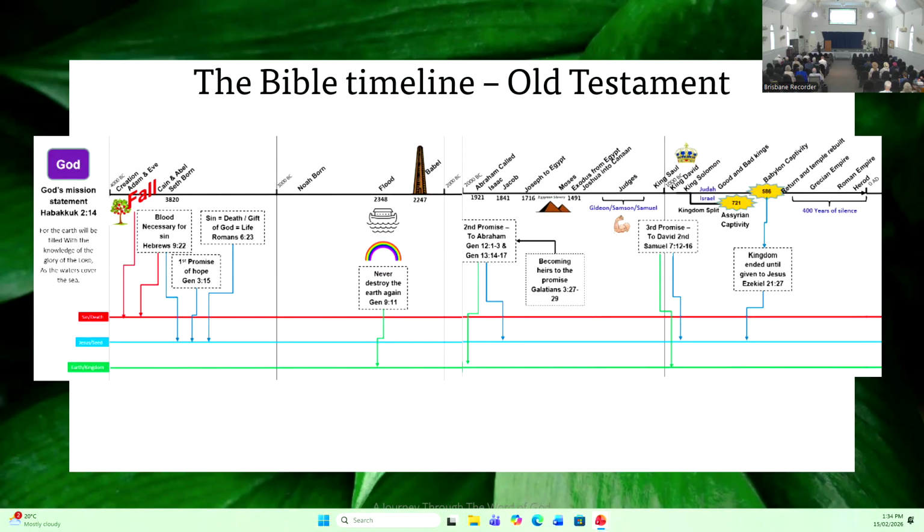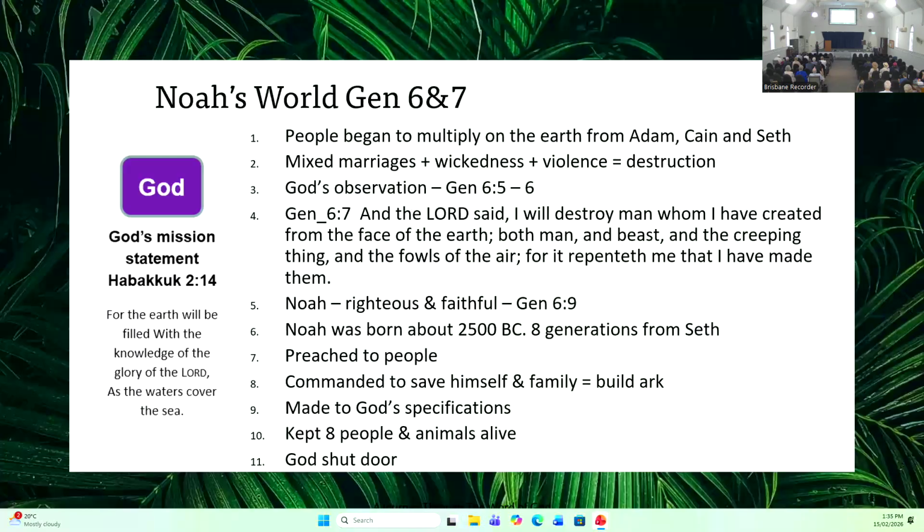So we're going to be looking roughly 1900, 2000 years. So just as we're about 2,000 years since, because we're 2025, 2,000 years since Jesus, today we're going to be looking around about 2,000 years after creation. So today we're going to be having a look at the flood and more especially about Abraham. So that's around about a 400 to 500 year period after 2,000 years past creation that we're going to be looking at today.